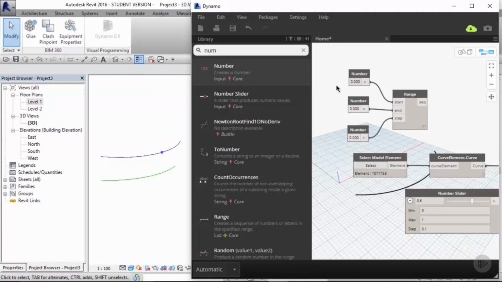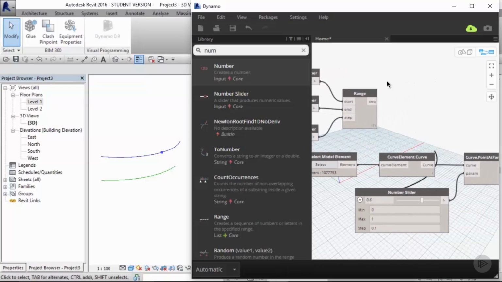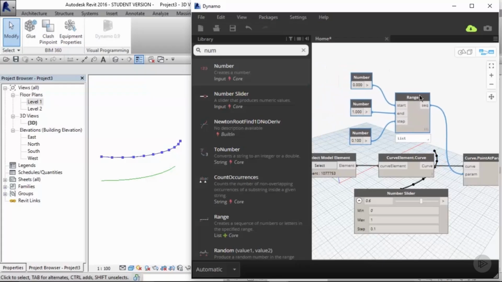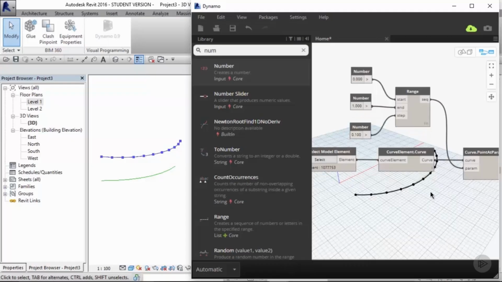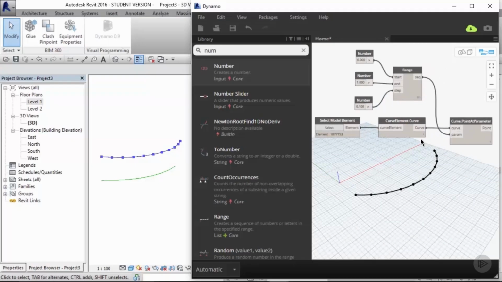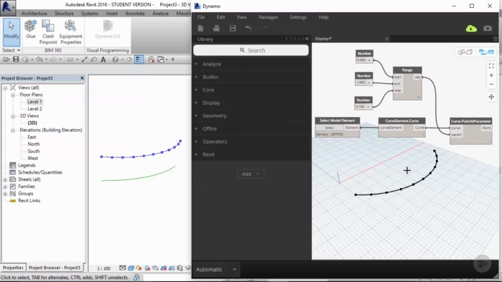Then plug the range output of sequence into the param input of curve.pointAtParameter, and now Revit and Dynamo will show 11 points and 10 subdivisions along the curve. What we've just done is complete what I would call an idea. We generated geometry, we modified that geometry, and we came to a resultant conclusion that was the goal of subdividing